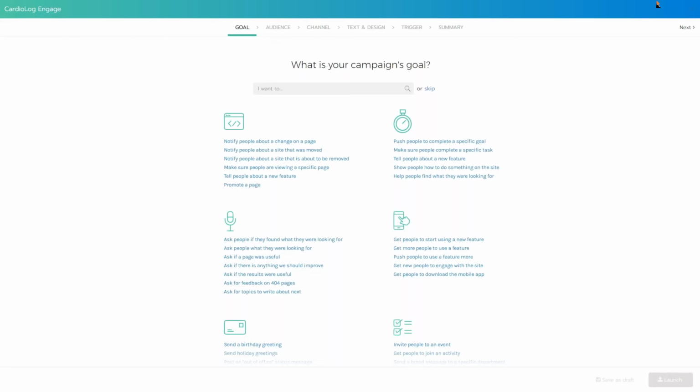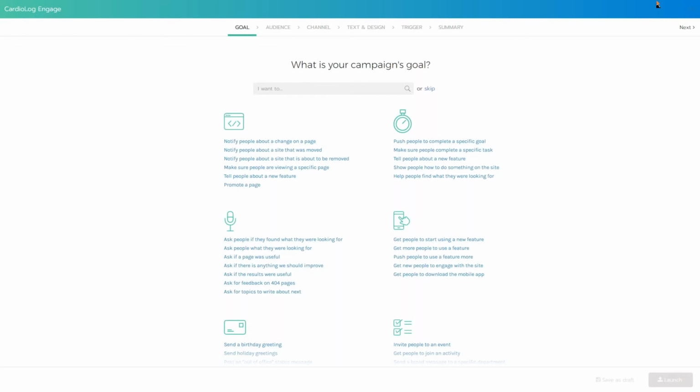So in general, you can use this for all sorts of things, starting from emailing inactive users that haven't logged into the portal or to a specific site in a while, asking them why they haven't logged into the portal, or offering some engaging message that might get them to log into the portal,